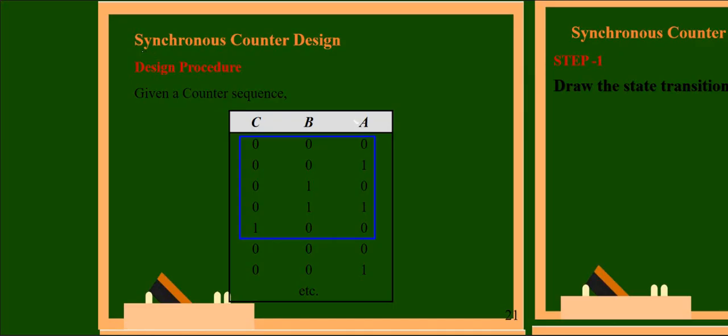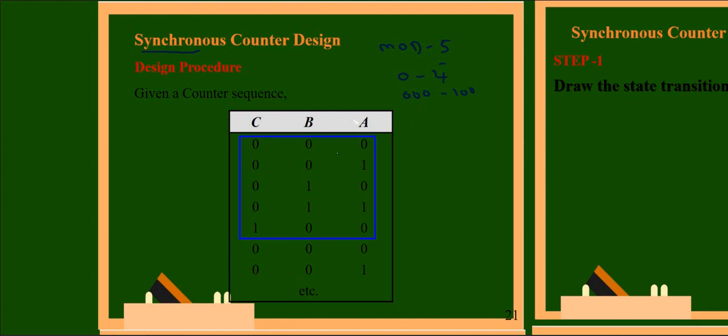Now we can discuss synchronous counters, in particular the mod counter. Let's discuss how a mod 5 counter works. We already discussed what a mod counter is. Mod 5 means it will count from 0 to 4. In binary, it starts from 000 to 100. After that, it starts again from 0 and continues.